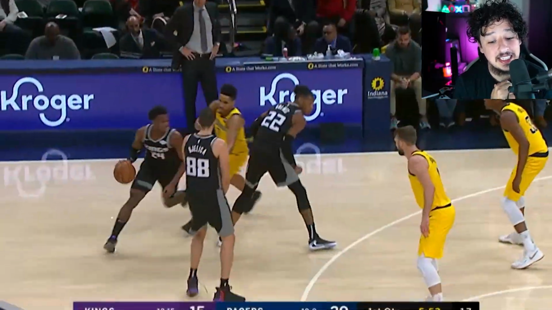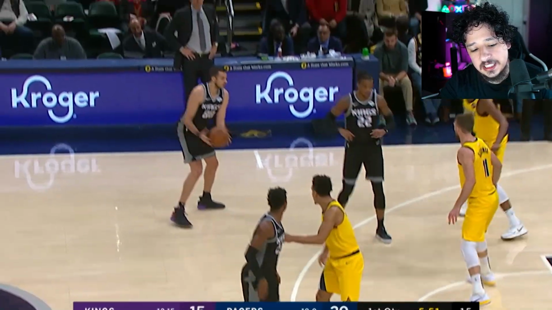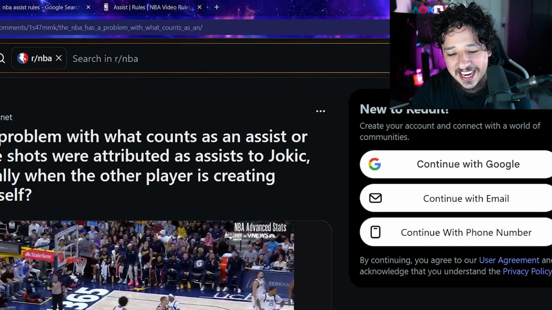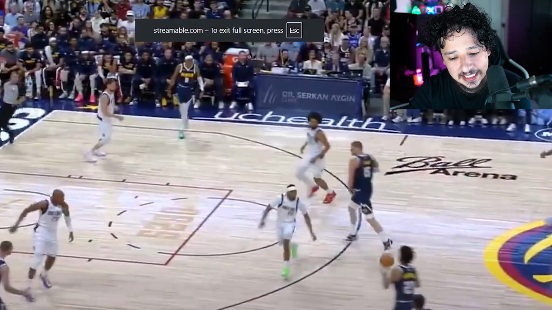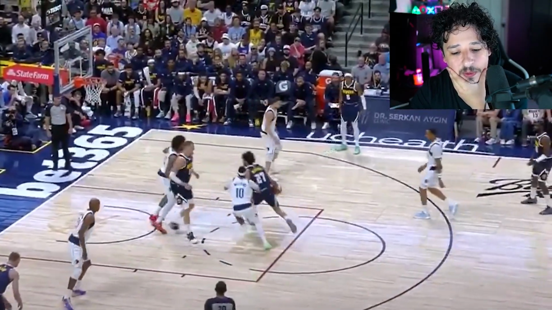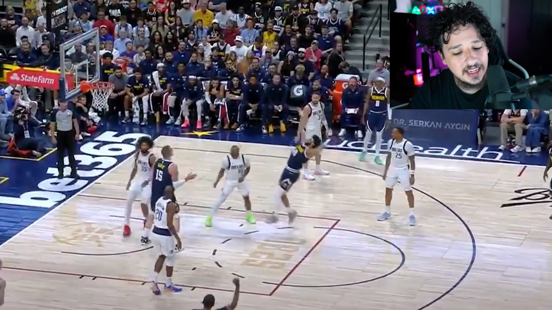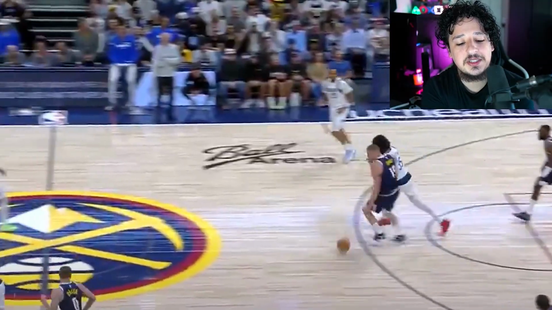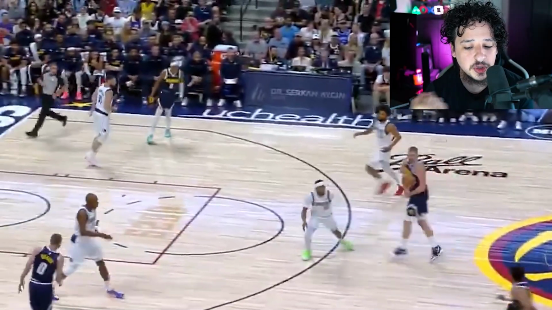If that's not an assist, then some of the stuff that we just saw, that's Jamal Murray, to me did more. To me, if we go here and watch this last clip that is an assist, I don't know. I mean, how is Murray not doing significantly more? Nah, dude. This pass right here is an assist, but the one we saw in the last video where the guy didn't even dribble the ball,